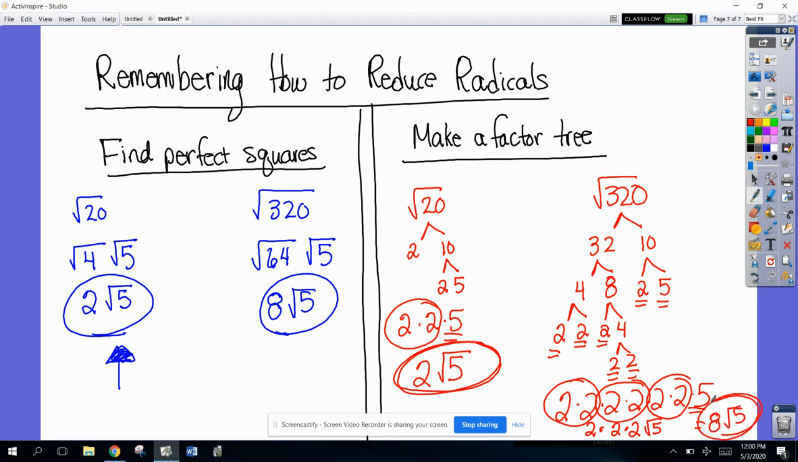It does not matter which way you choose. You get the same answer either way. I will tell you that the red way is Mrs. Chin's favorite way to do it. You pick whichever way your brain works, because everybody's brain works